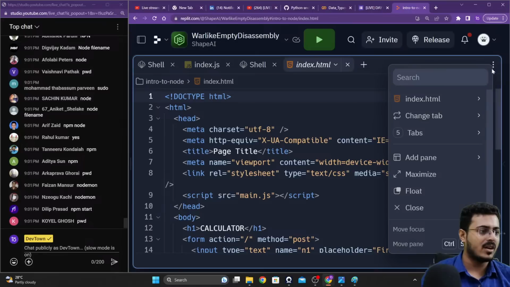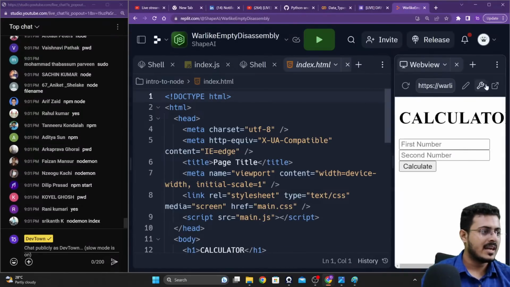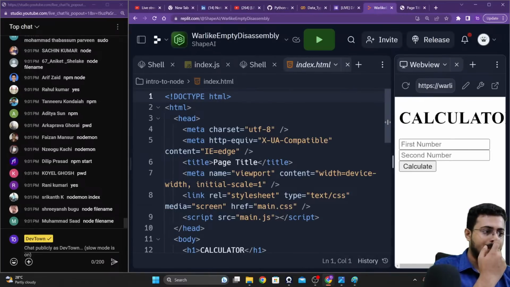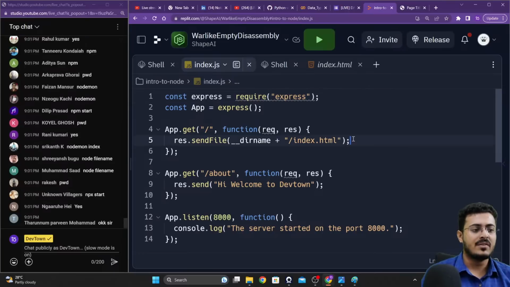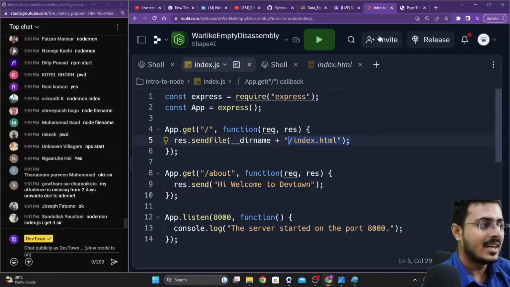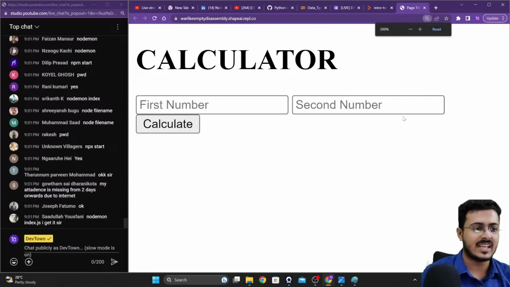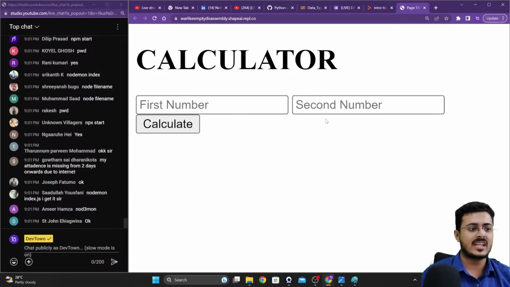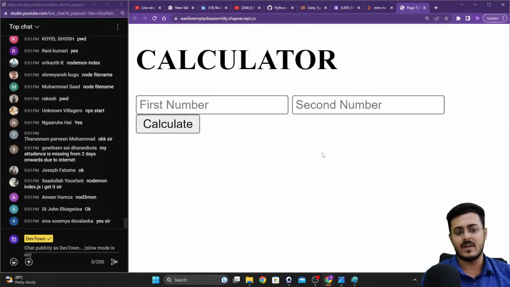Now we'll open up our browser itself. So let me find the browser tabs. Okay, web view, and we'll open it up in a new page itself. As you're able to see, this is the HTML file that we are now sending through our index.js. If you don't remember, we were sending the index.html file, guys. The same file that I uploaded right now, we are sending that. You are able to see this particular HTML file that I've created for you, which has 2 numbers that we have to provide as an input. Are you able to see this? Please let me know. This is the index.html file that you will be accessing from the website itself, guys.